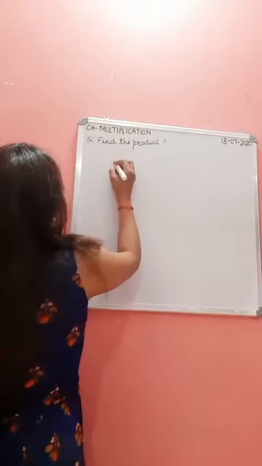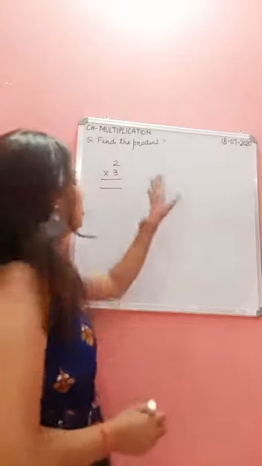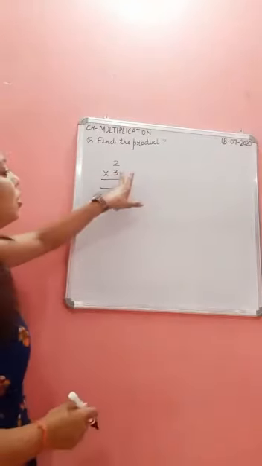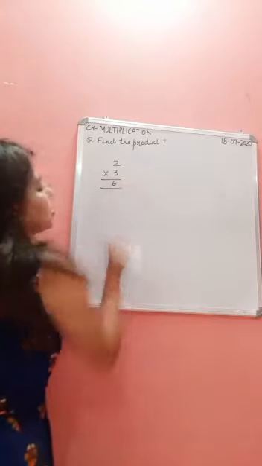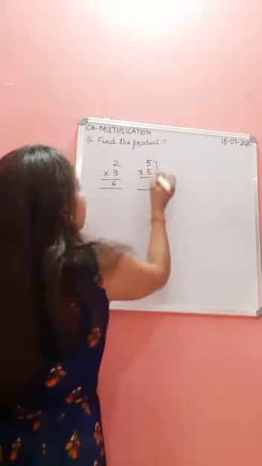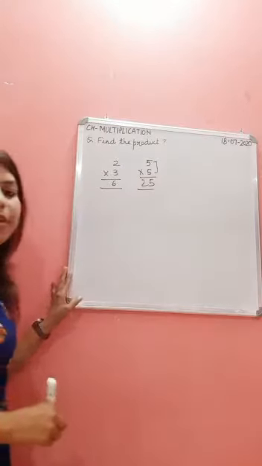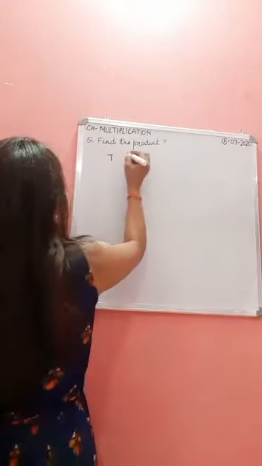What we did in yesterday's class, students, we did multiplication like this. We did questions in which we say a table of 3 up to 2, like 3 2s are 6. Like 5 into 5, 5 5s are 25. We did that type of questions yesterday. These are one digit numbers. Now in today's class we have two digit numbers.